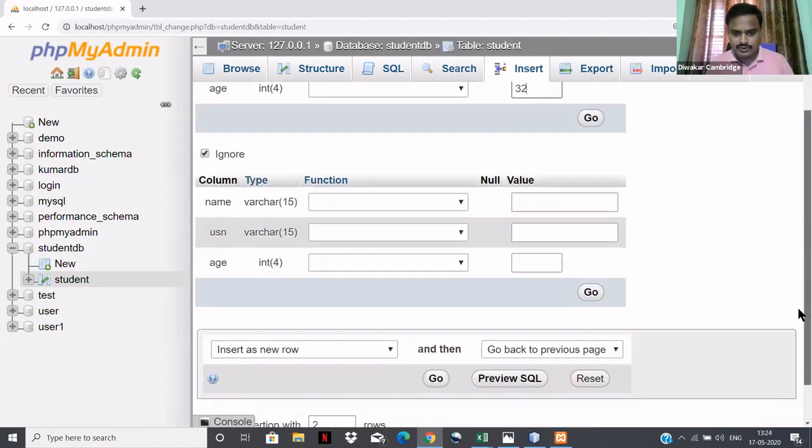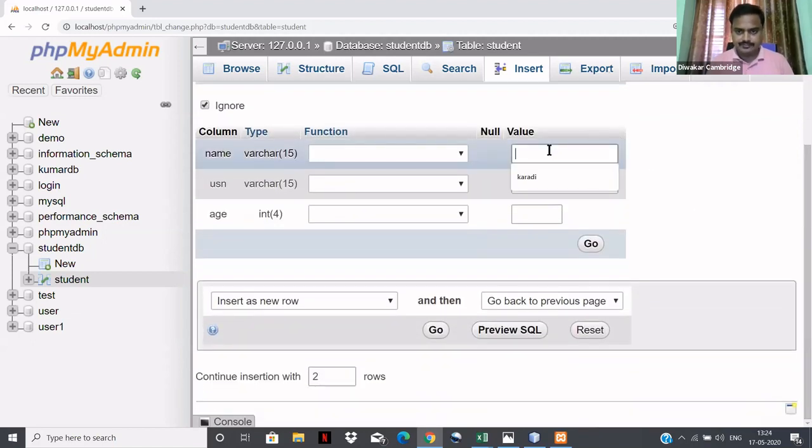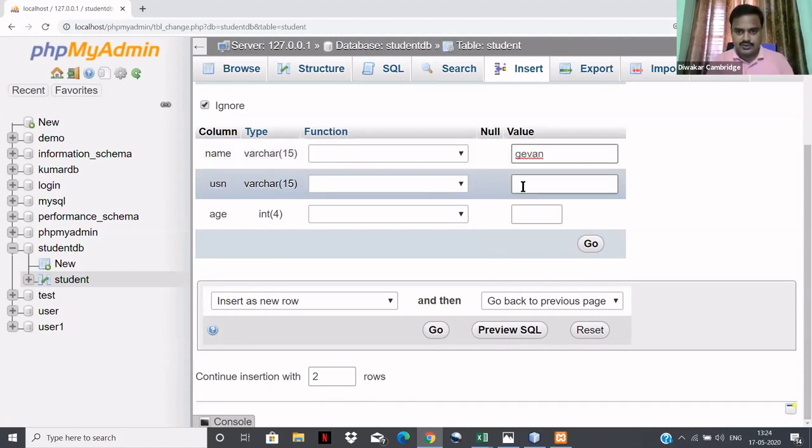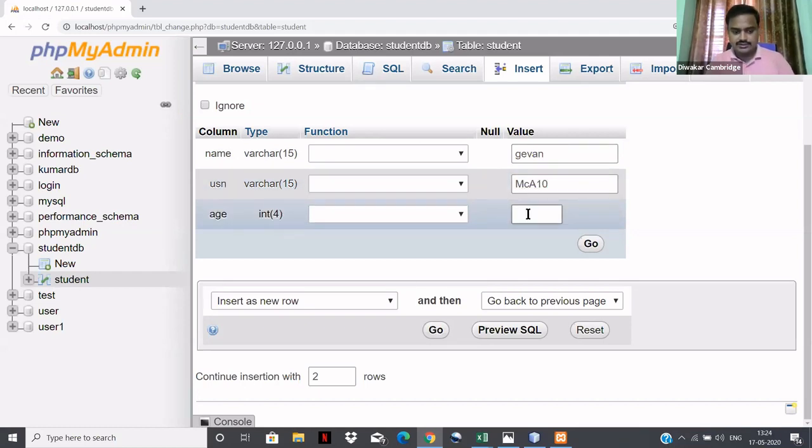If you want one more, you can insert like this. G1, USN MCA 10, age 24.